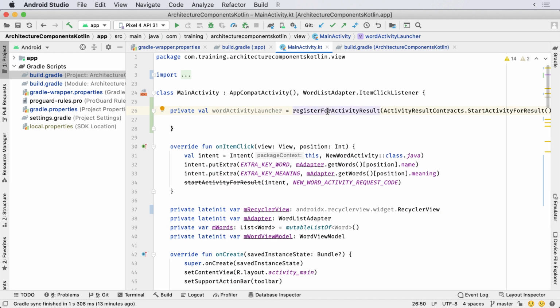Place your cursor anywhere on the word registerForActivityResult and do Command click.